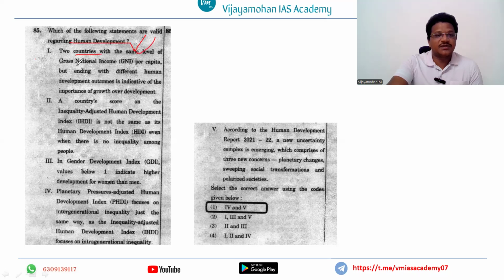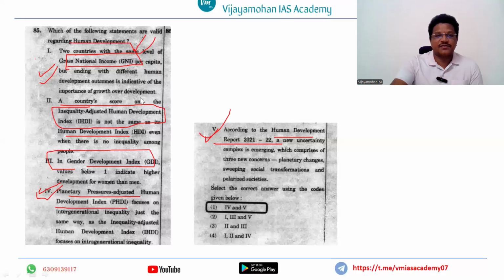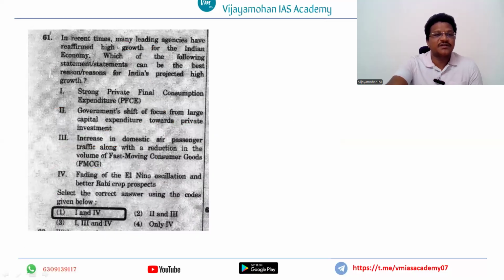So 2 countries, he is concentrating on gross national income per capita, then inequality adjusted human development index, gender development index, planetary adjusted human development index, right? And the recent human development report. So just see the length of the question. Then here you see this